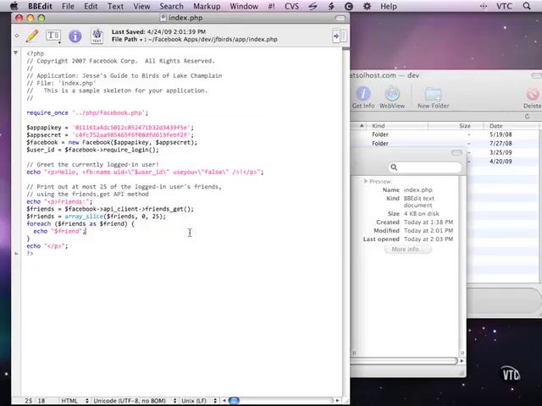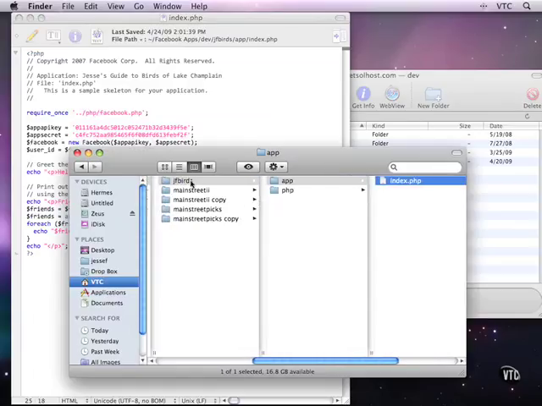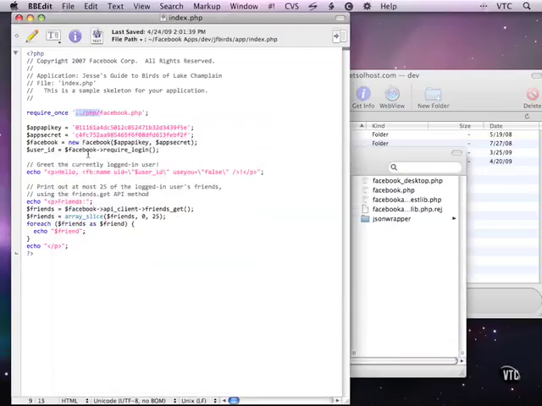I want to go up one level to the JFBirds folder and then back down into the PHP folder, and there I will find Facebook.php. So I have to insert that section here in the require statement so that I can get to the Facebook.php